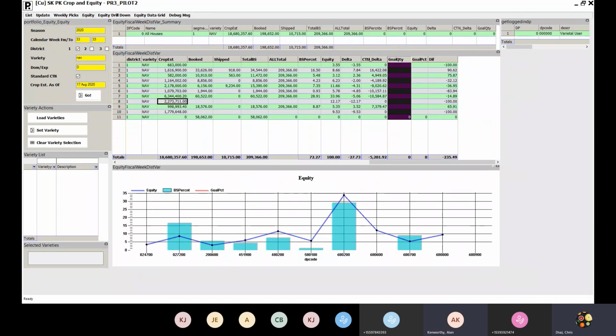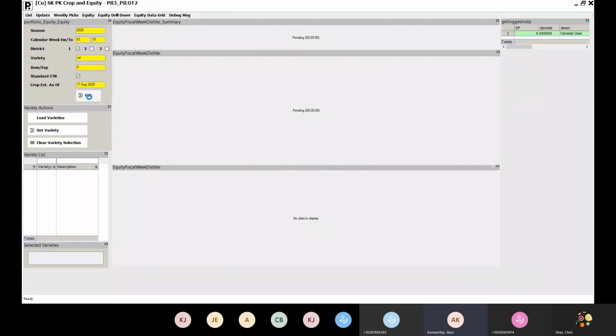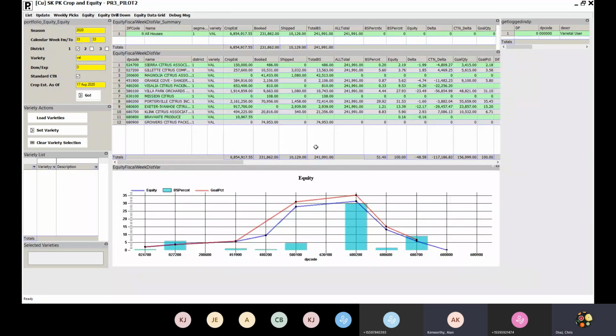In fact, you know what? Put in Vals instead of Navals. Keep everything else the same and hit go on that. Again, this is live. It's going to be calculated out right now as things are set to booked and/or